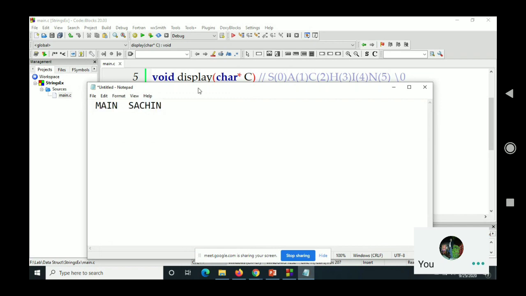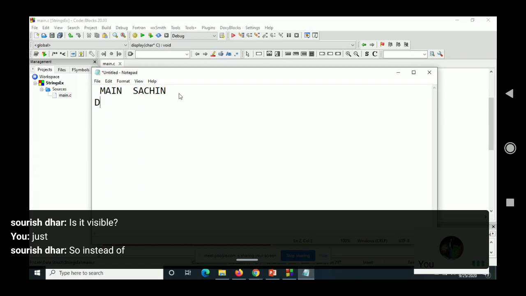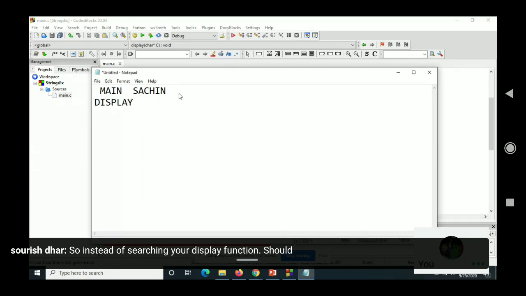Is it visible? So instead of searching, your display function should print what? N I H C A S. That is the reverse of searching.